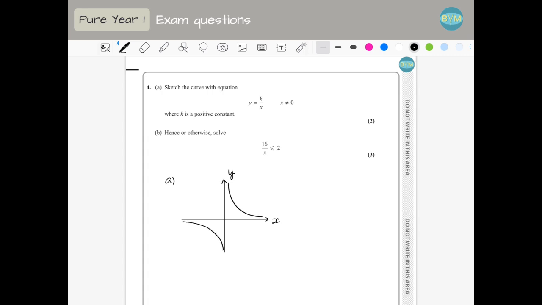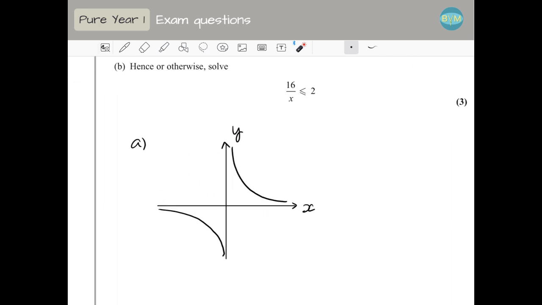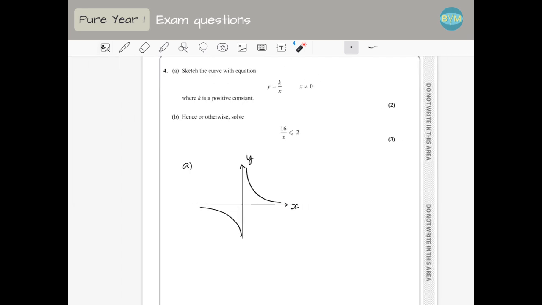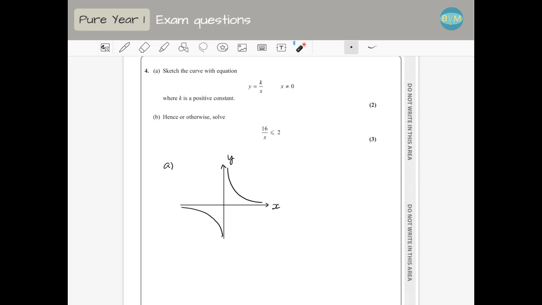I have two asymptotes, one horizontal, one vertical. Remember, get your graph as close as you can, but don't touch it even by accident, because then it looks as if you don't know what an asymptote is. And then, hence or otherwise,